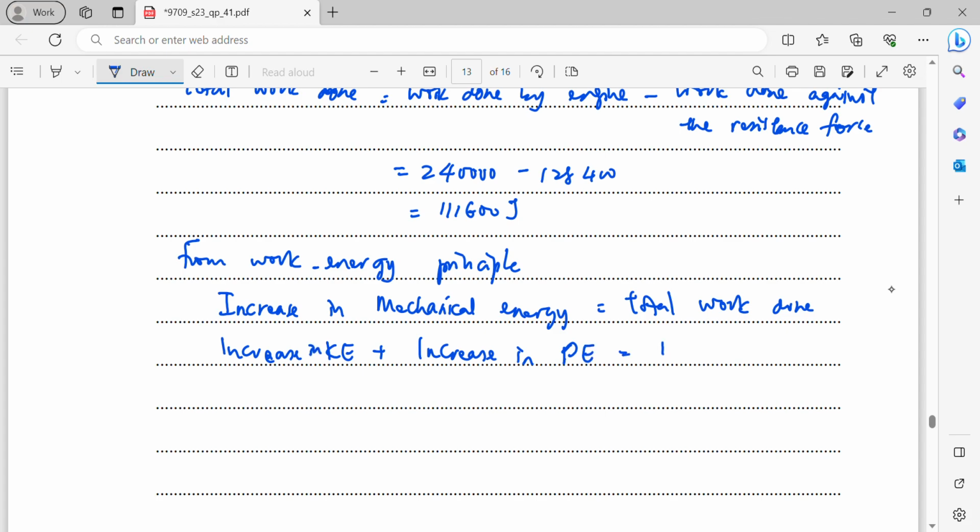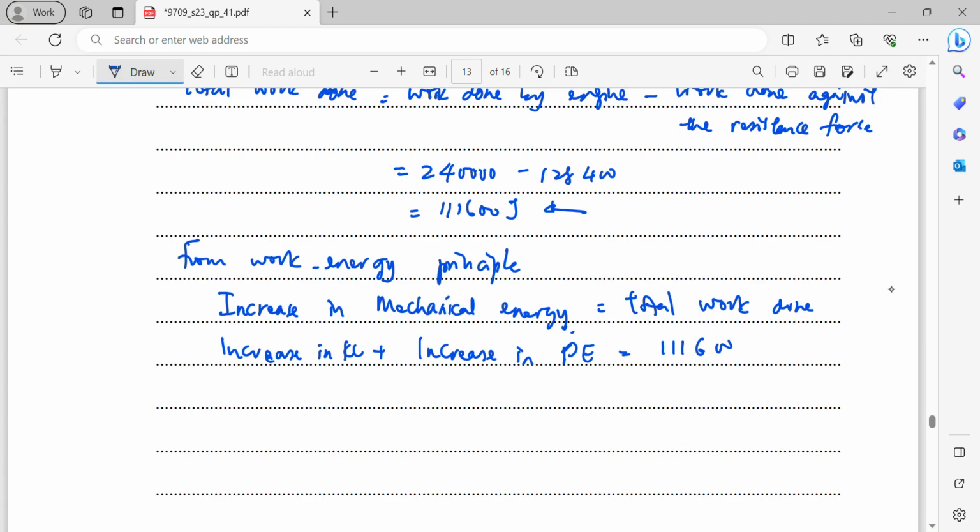So total work done is 111,600, which is the value that we have counted just now. Okay, so increase in KE is basically the final KE minus the initial KE. Alright, so final KE minus initial kinetic energy, plus increase in potential energy, it will be final PE minus initial PE